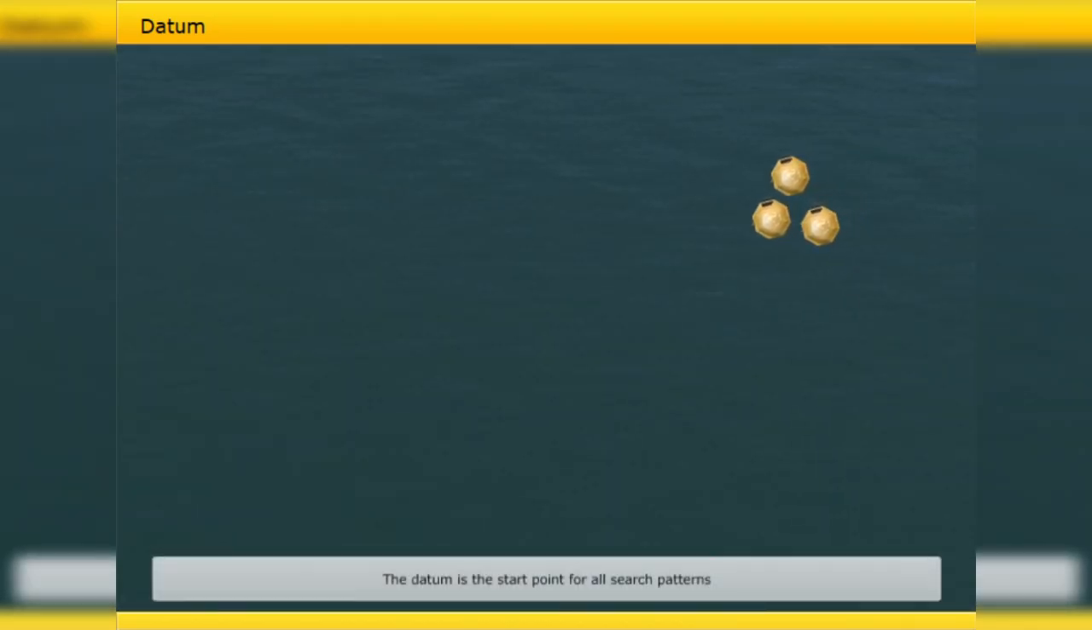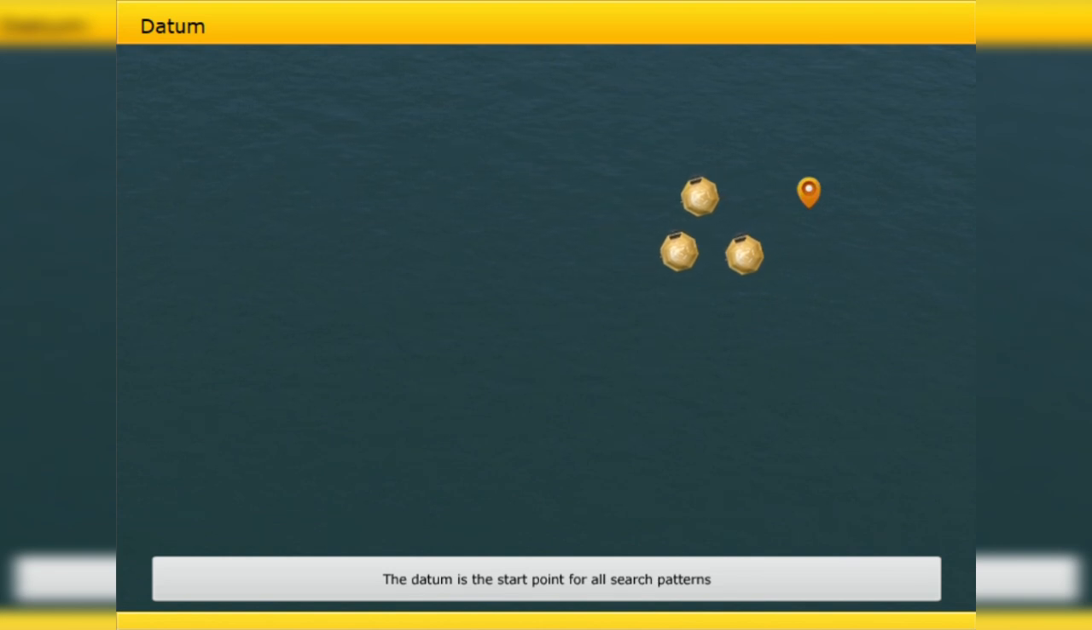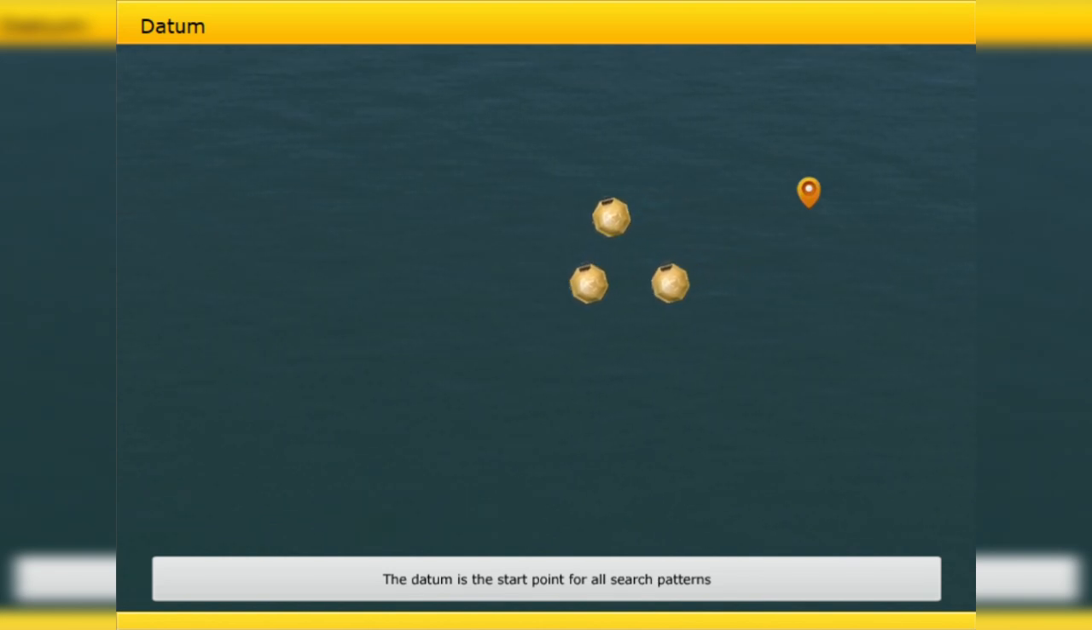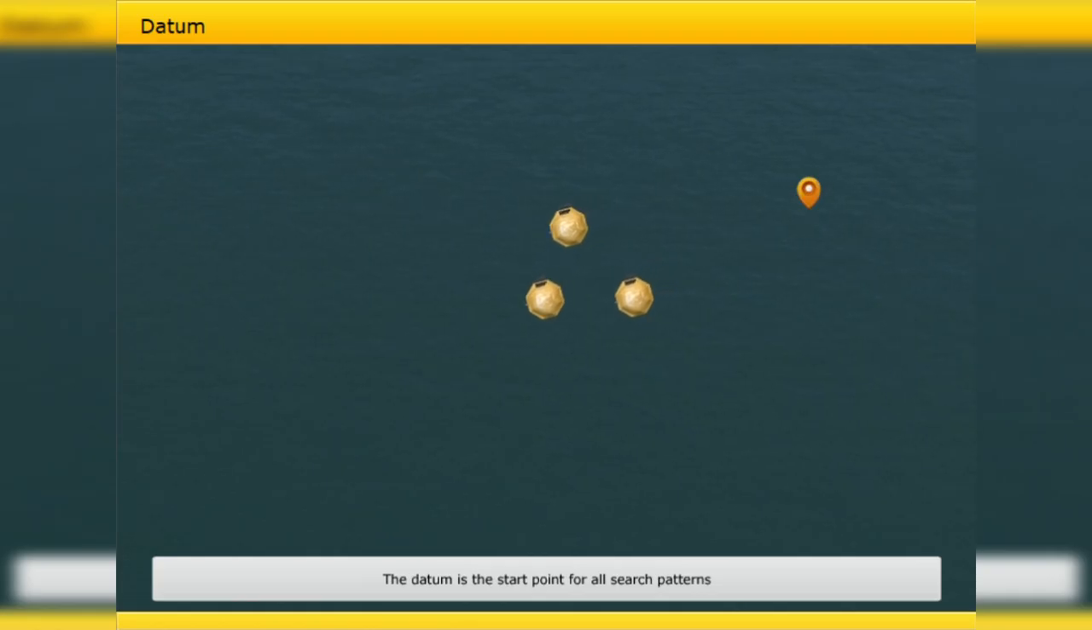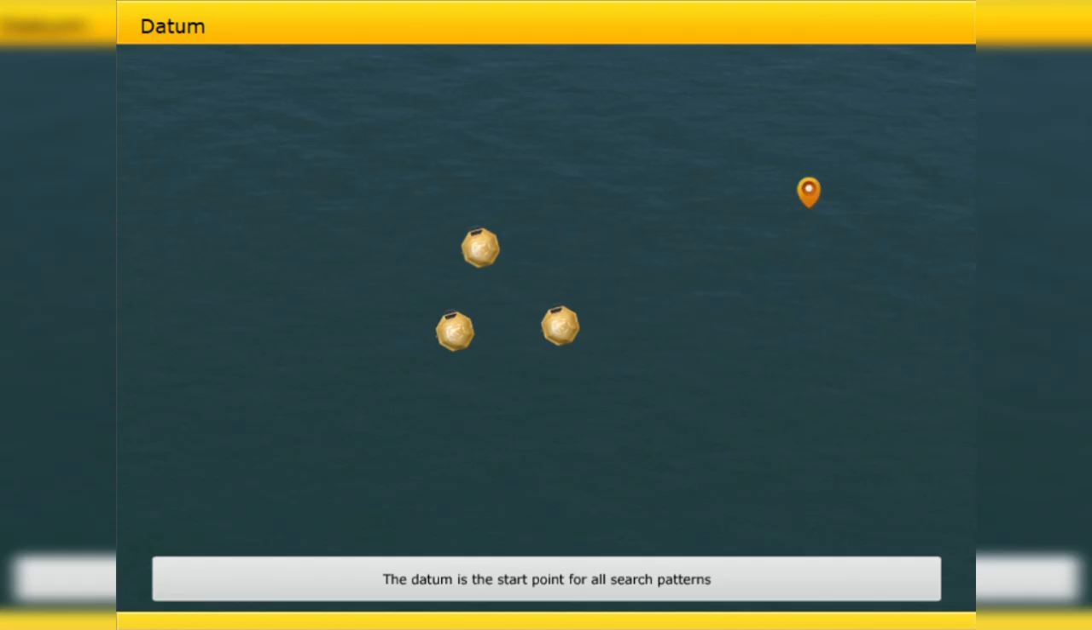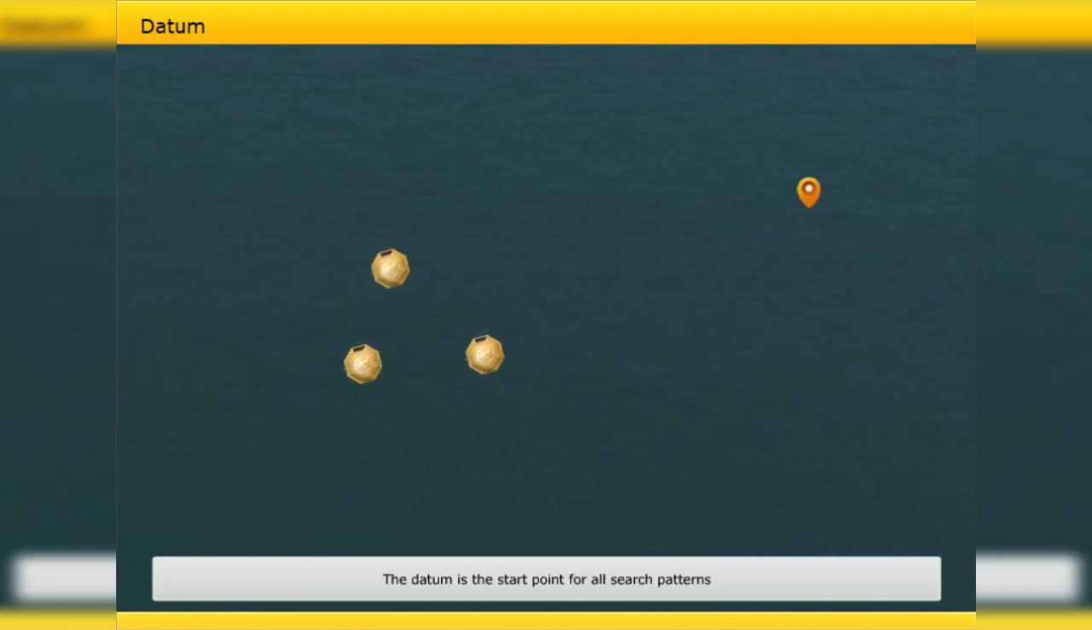The datum is the start point for all search patterns. It is where we now expect the survivors to be, taking account of wind and currents. The SMC will have a computer program that can calculate the movement of the distressed craft. However, if you are not given a datum, and you arrive on scene, you may have to calculate the datum point,